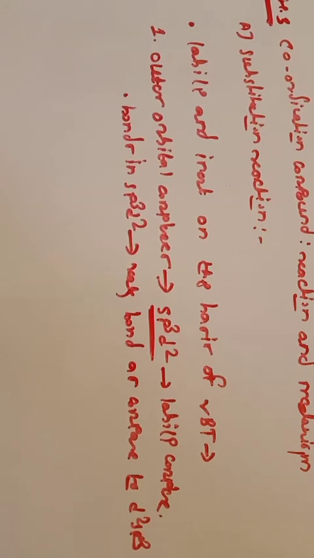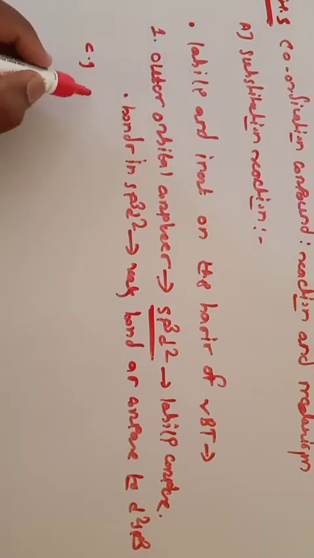Because the bond is very weak, the bond can break very easily and substitution occurs very easily, and therefore these outer orbital complexes, which show sp3d2 hybridization, are considered labile complexes according to this valence bond theory. Okay, for example, if you consider the example,